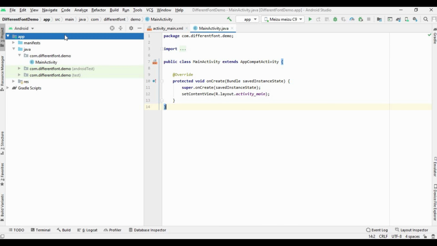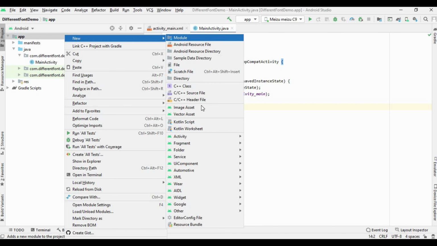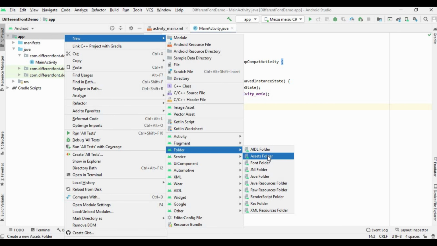Here you can see in my project I am creating an asset folder and then